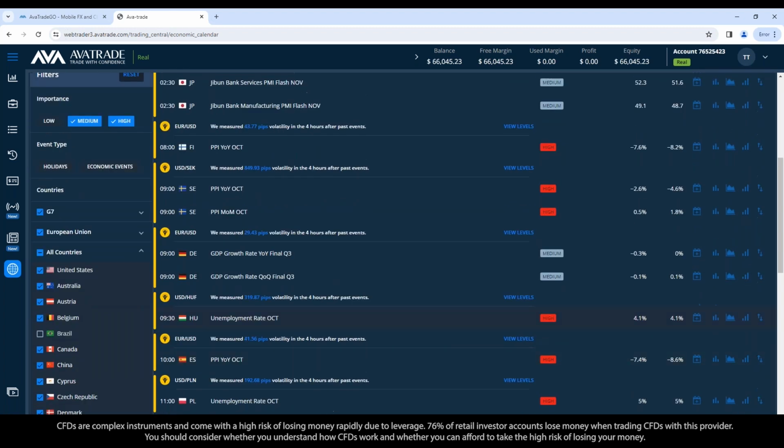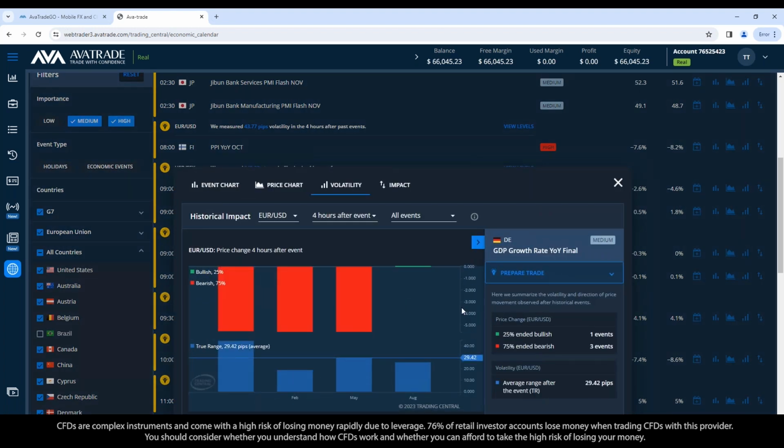We've got out of Germany, GDP growth rate. We can take a look at that and see what type of movement we had in the past. It's expected to drop, by the way, from 0% growth to negative 0.3. As long as they're listed medium or high, they tend to have a pretty nice effect with movements on the charts. So if we go to the volatility tool for this announcement, we could leave the Euro USD pairing if we want. We could put GBP, Euro GBP. As long as it has the Euro involved here, you can pick different pairings.